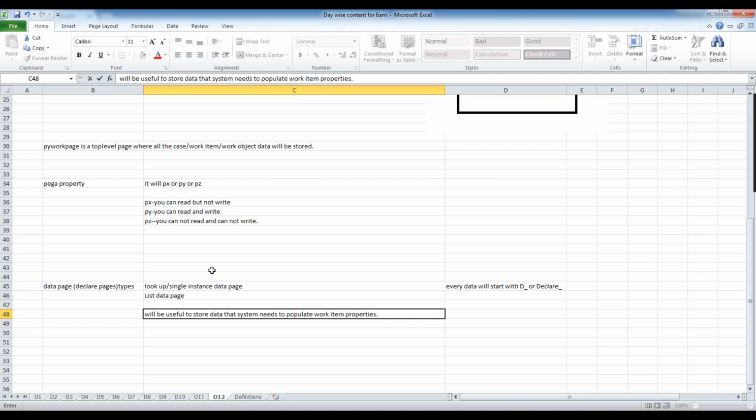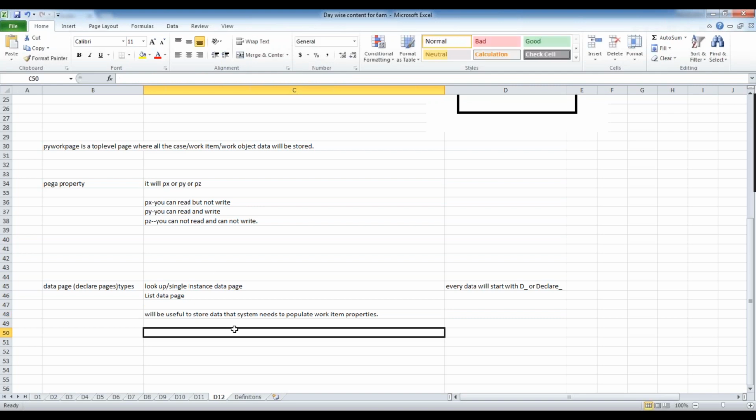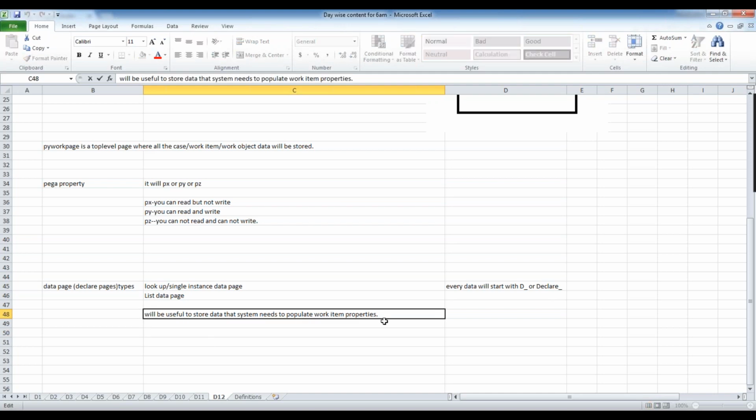Those are the properties in the work item. Now I want to populate the data for them, so for that purpose I need to store the data. So we use the data page to store the data that is needed for the work item properties. So the main purpose of the data page is just to store the data.